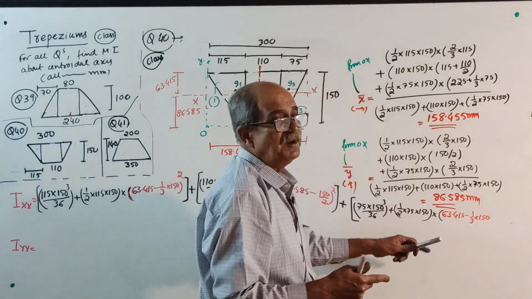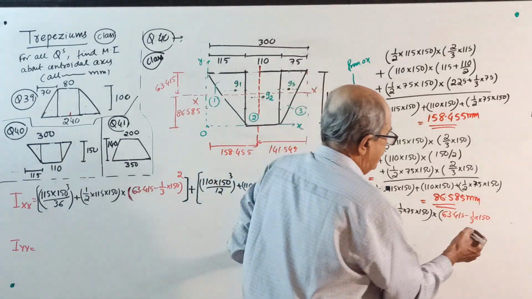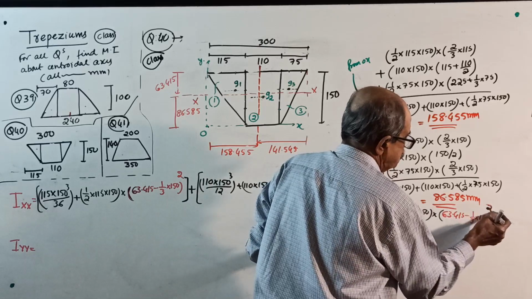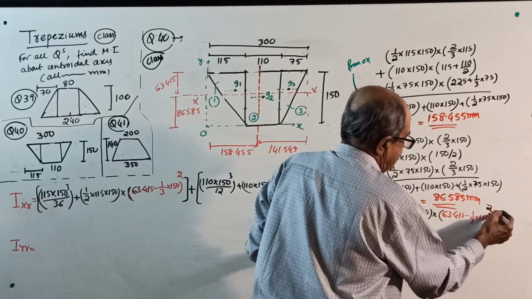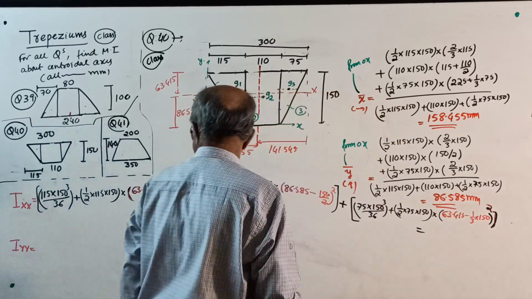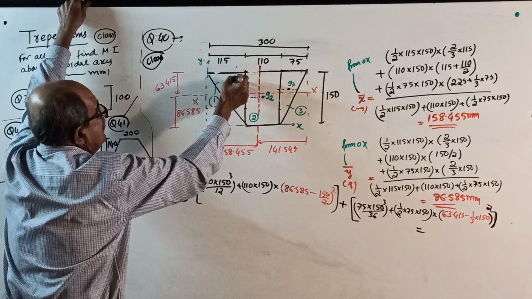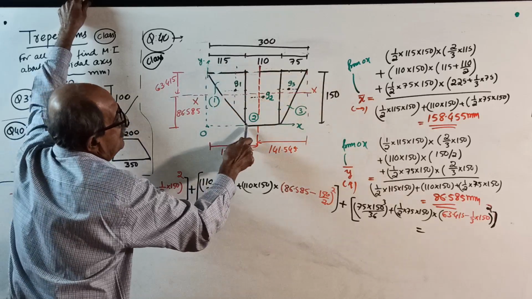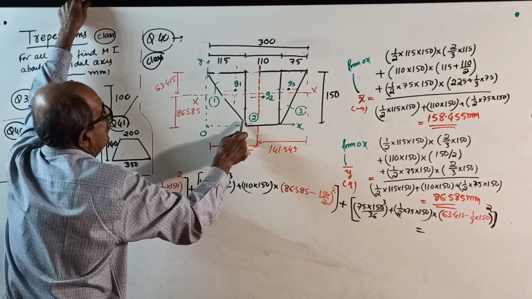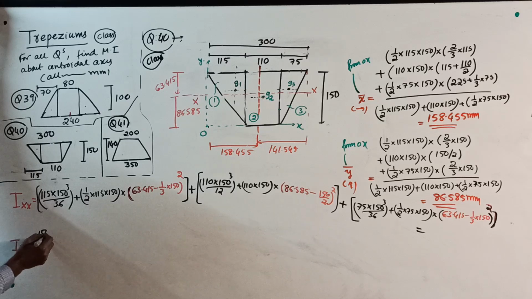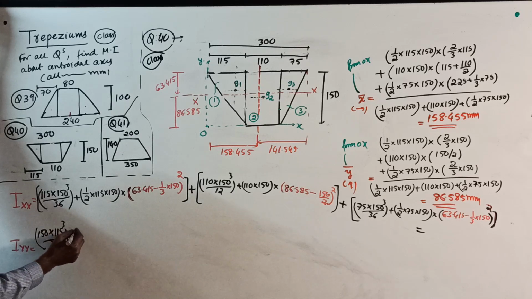See, if it is not visible properly, I am dictating. 1 by 3 of 150. That's why simultaneously whole square, or red color, whole square over. Calculate Ixx, Iyy. First, I about its own axis, 150 parallel side: 150 into 115 cube, 150 into 115 cube by 36 plus area